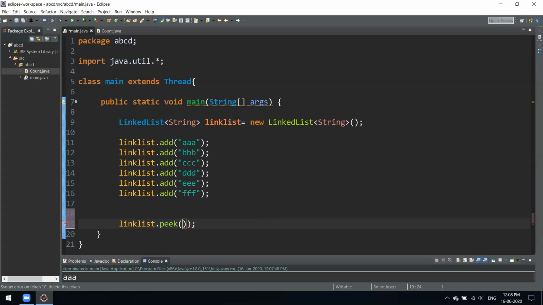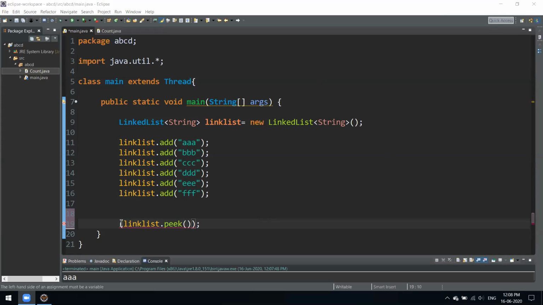If you have done a little bit of work with data structures, then you must be familiar with peek, push, poll. We have these different kinds of operations in a stack. If you see, there are the push and pop operations over there.